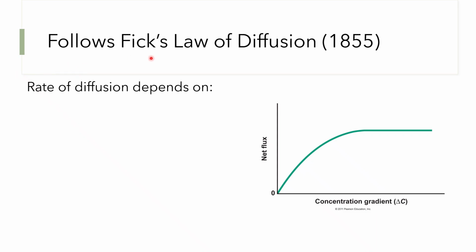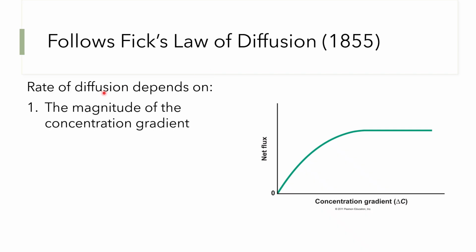particles and molecules as they diffuse will follow Fick's law of diffusion. This tells us that the rate or the speed at which the diffusion is occurring, it's going to depend on a few things. One is the magnitude of the concentration gradient. If there's,